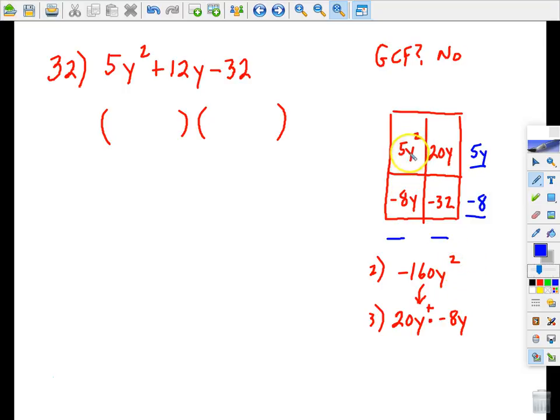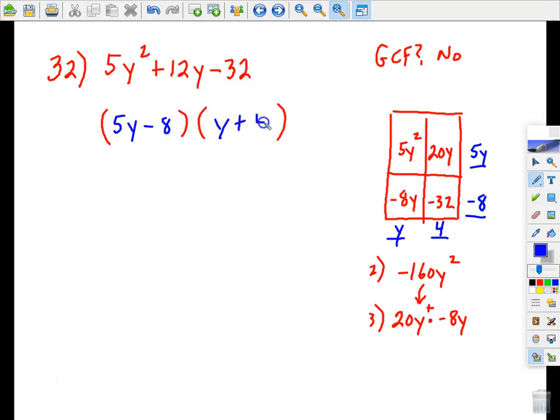All right, going this way. Notice one of the factors is positive and the other one is negative. The only time the GCF will be negative is if both of the terms are negative. They're not both negative here, so the GCF has got to be positive. So my GCF for this first column will be positive y. And for this second column, the largest number that goes into both 20 and negative 32 would be 4. Okay, so here's my final answer: 5y minus 8,